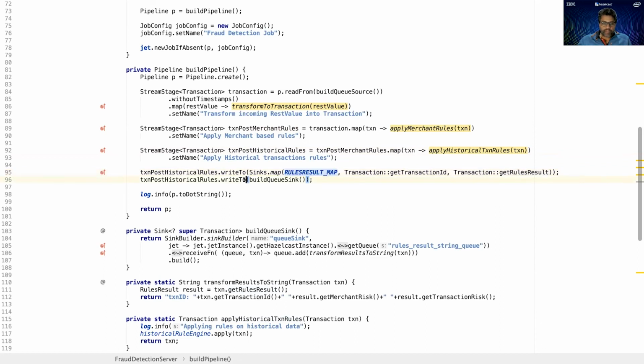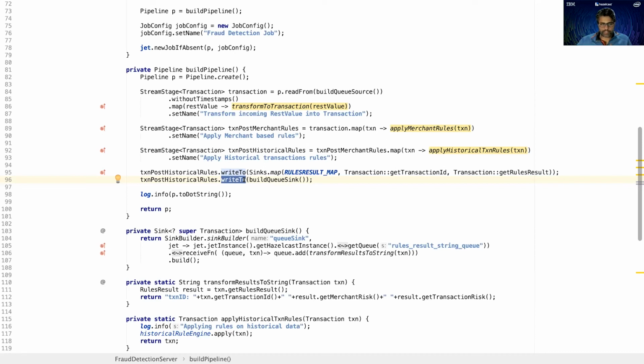At the same time, just for the sake of this particular example, I'm also writing the result into yet another Hazelcast queue. I'm doing that because I have another client application which is listening to that queue. As soon as the result comes into that second queue, it makes a REST call, gets the result, and brings it into the application space.